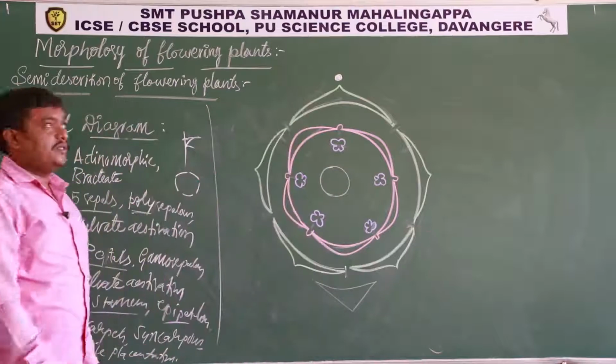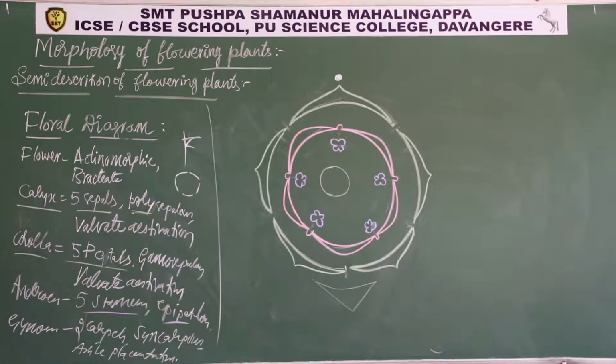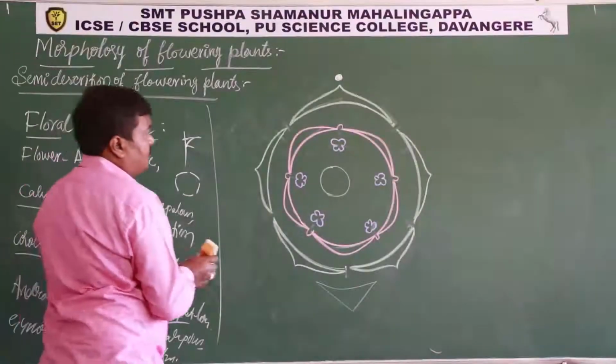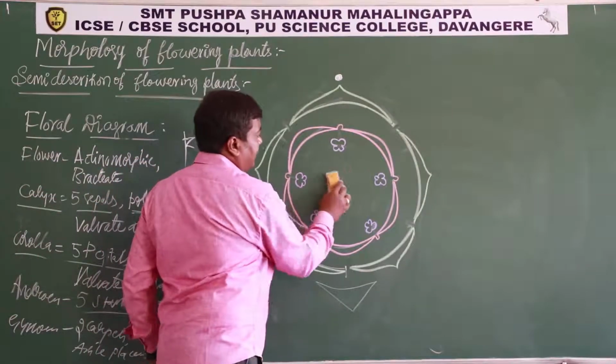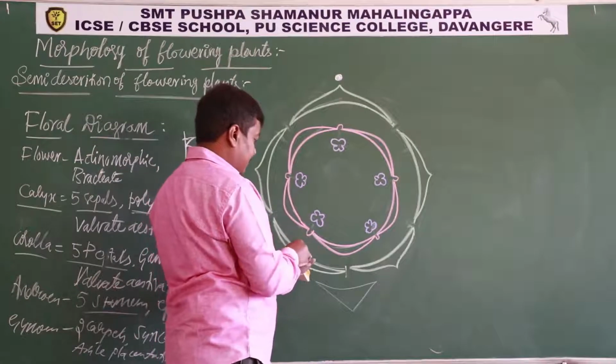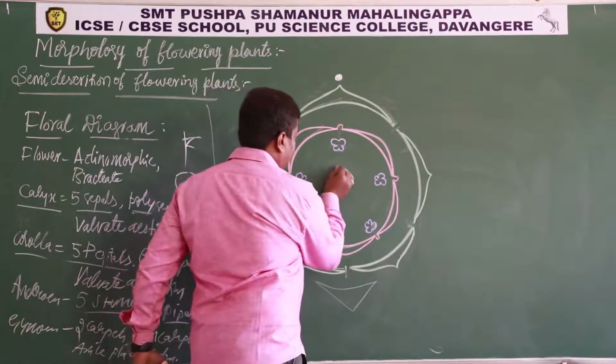So this is how we need to write the stamens. Okay, so next is gynoecium character. So gynoecium central irutte. So ಇಲ್ಲಿ gynoecium,